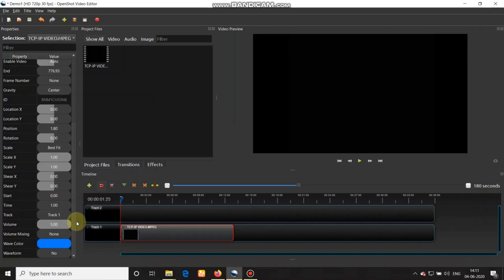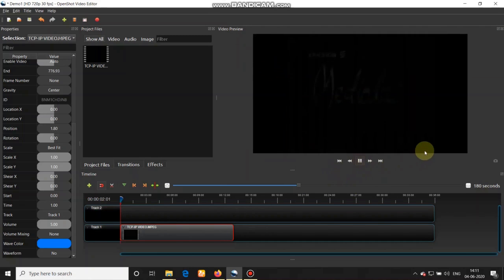Now check whether this video clip is boosted up or not. So move to the video preview window and go for previewing.